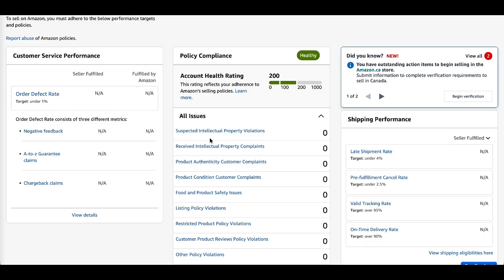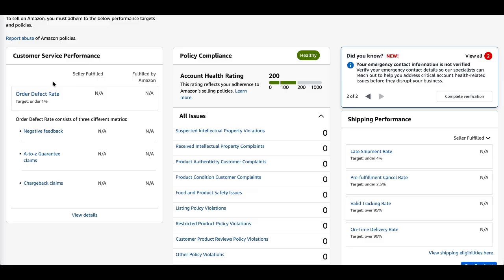I believe that compliance is more important than selling, because if you're not compliant you can lose your business in a flash. Understanding the compliance side, or rather the account health side of Amazon, is as important as selling your product. Let's get started. In order to understand order defect rate and how this customer service performance metric works,